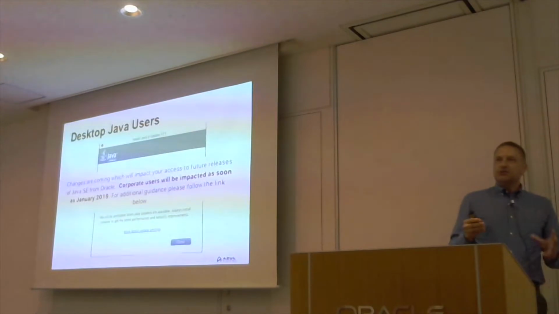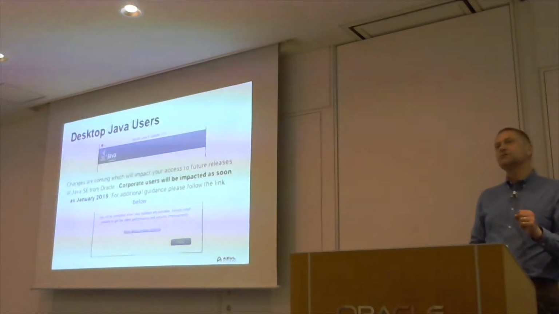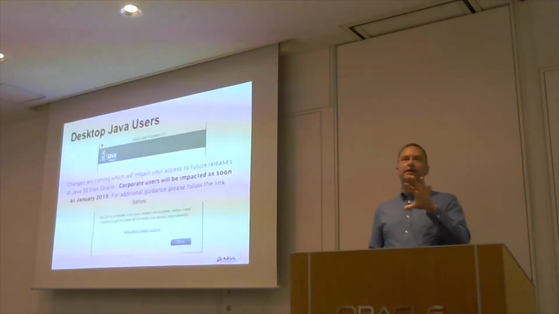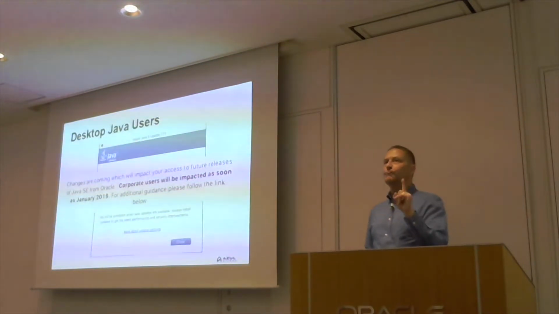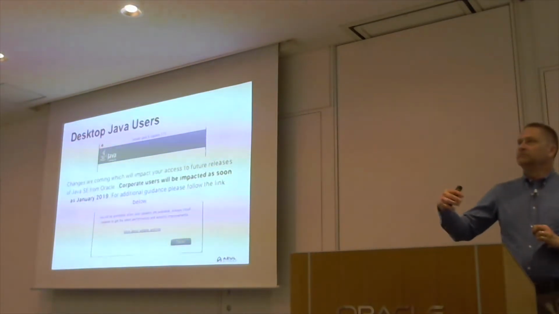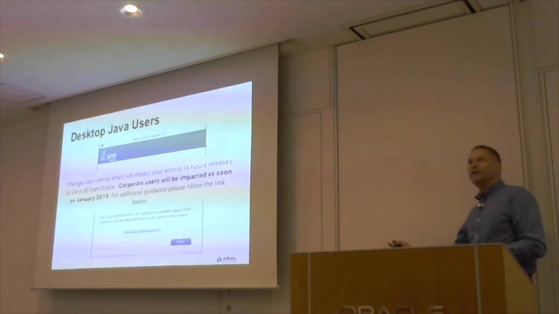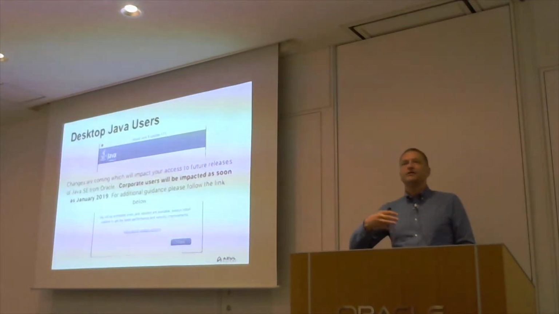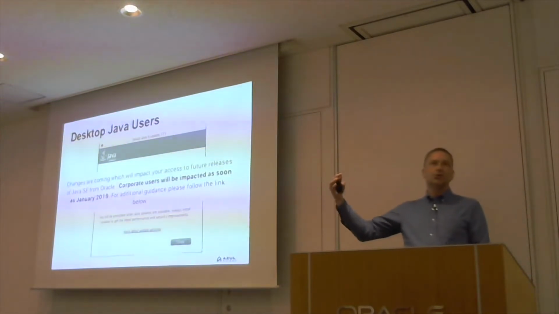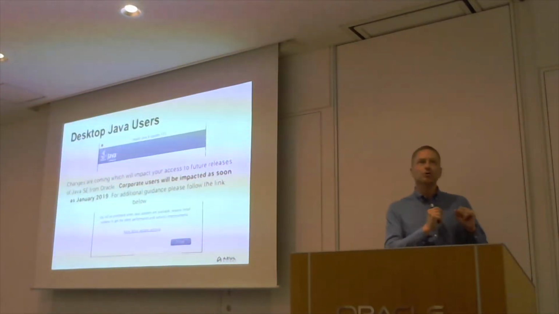What this means is that JDK 8 is going to stop having public updates as of January next year. January 2019 is when updates to JDK 8 for commercial users stop. If you're running Java on your laptop or your PC at home, and you have a son like mine who plays Minecraft, then you will continue to get updates to JDK 8 for free until the end of 2020. So there's going to be an extension for non-commercial users.